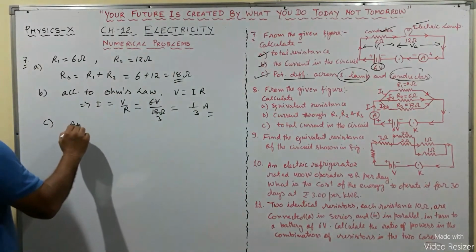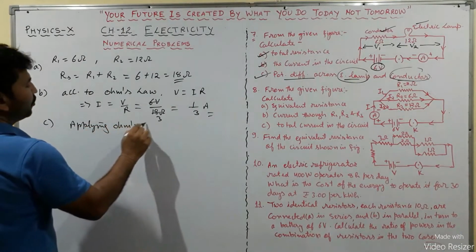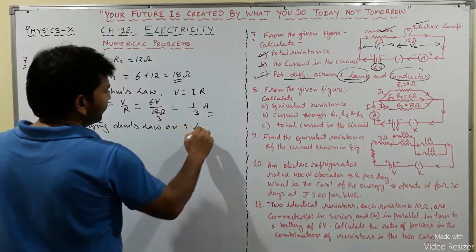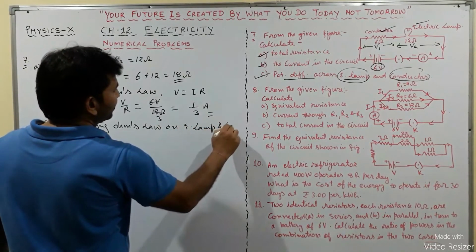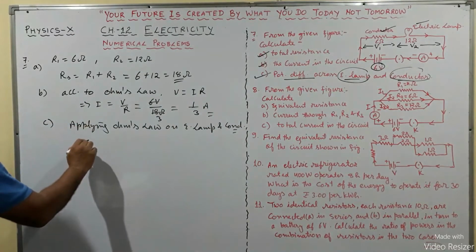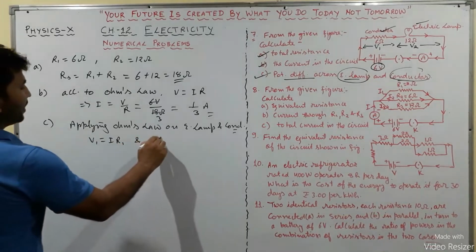So by applying Ohm's law on electric lamp and conductor, then we can write V1 is equal to I R1 and V2 is